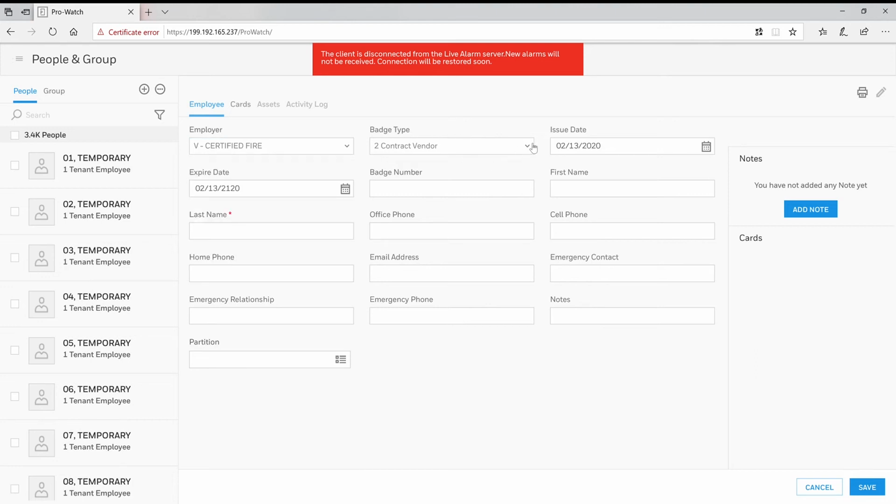Go in here on badge type. By default, it's going to pick tenant employee for you. Mine says contract vendor. So you can go through and however you wish to add them to your system. Go and type in the name of the person that you wish to add, and then down here at the bottom